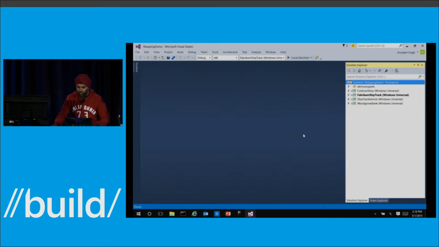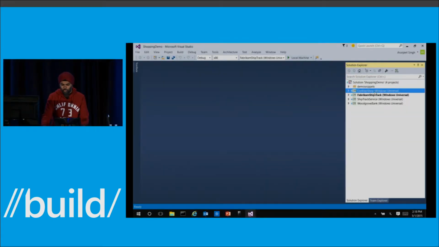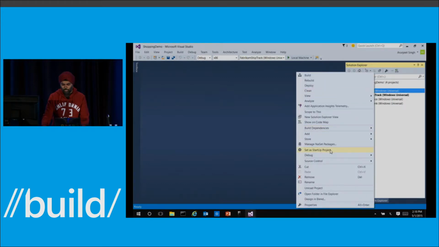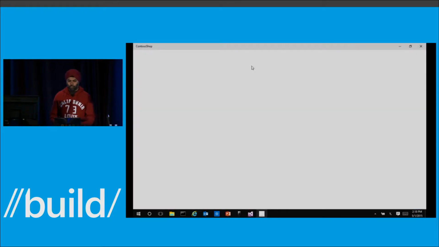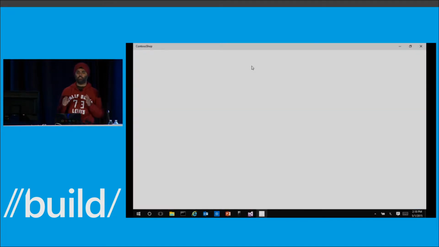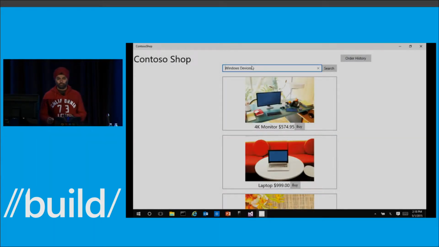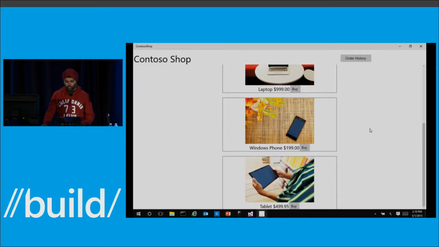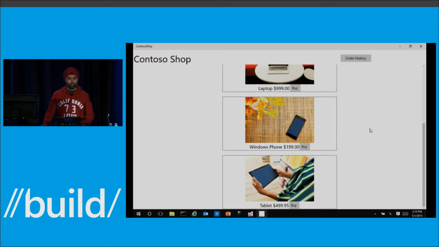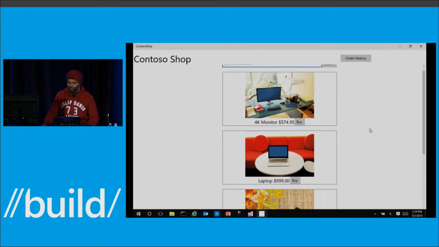Switching back to my laptop, and this time we're going to try and do this with a desktop app. So what I've got is an app called Contoso Shop. Let's just see Contoso Shop running. And for those of you who haven't heard, Contoso Shop is this great e-commerce site that you will not find online. And it's great. I buy everything I want at Contoso Shop. It sells 4 things, and those are the 4 things I need, incidentally.